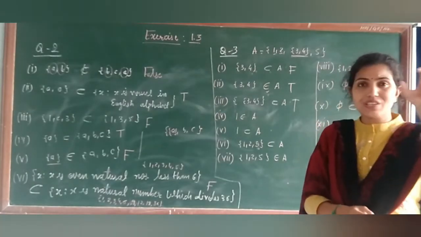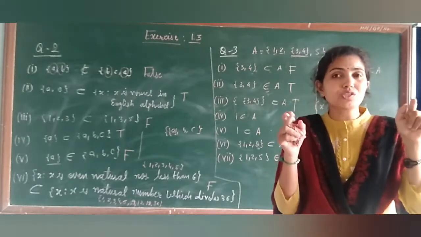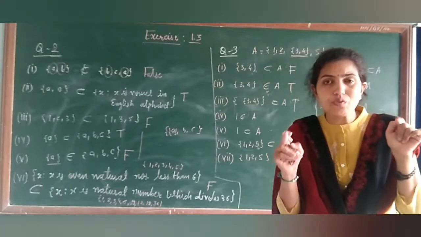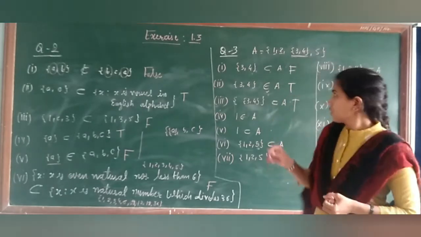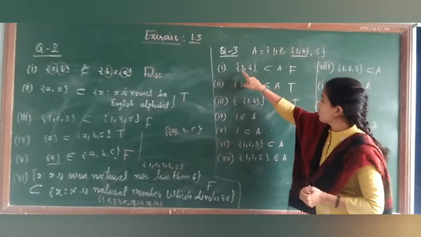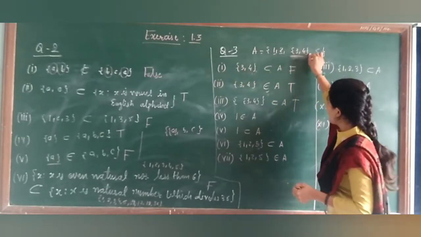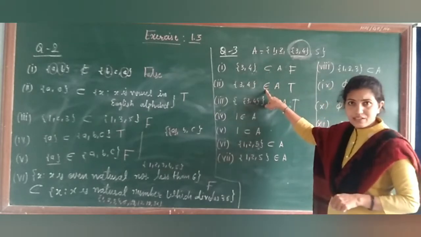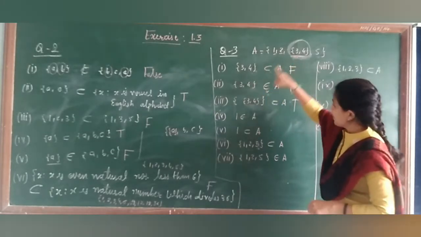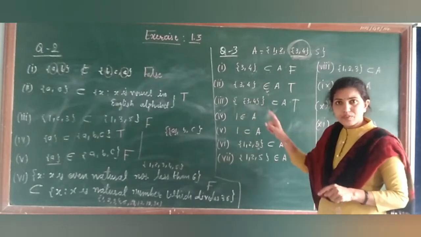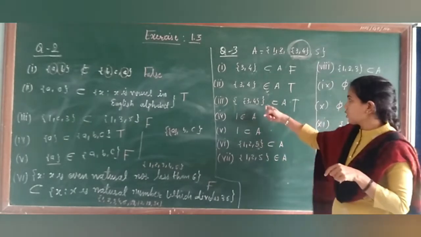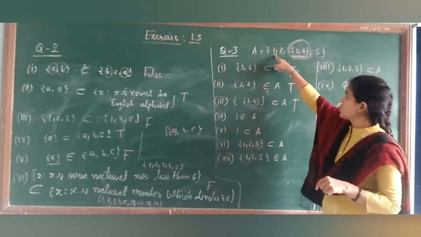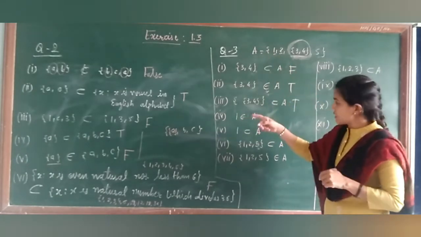What do we write for an element? A single element, we do not have to enclose within brackets, whereas subsets are enclosed between the brackets, right? So whenever we write 3 4 in a curly bracket, which is actually the element of a set, so this is not a subset, it is an element, right? But when you are writing this element in the curly bracket, okay, if you write inside the curly bracket then what will it become? Subset.